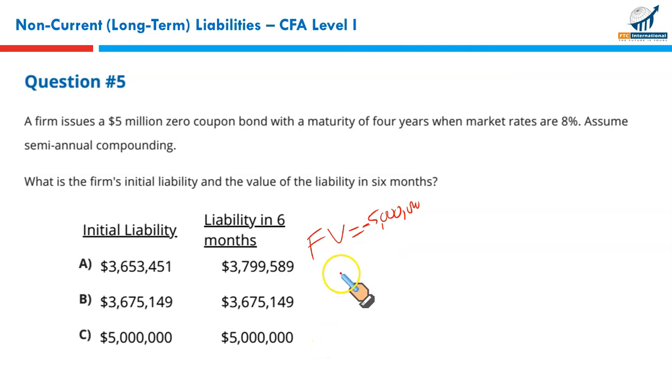Okay. What about the payment now? Since it's a zero coupon bond, there is no payment. Payment is 0, and you must enter this 0, otherwise, you will get a wrong answer. Okay. Since the payment is made on semi-annual basis, compounding on semi-annual basis, means then the 4-year bonds will have 8 periods. So n is 8. Right. N is 8. Payment is 0.